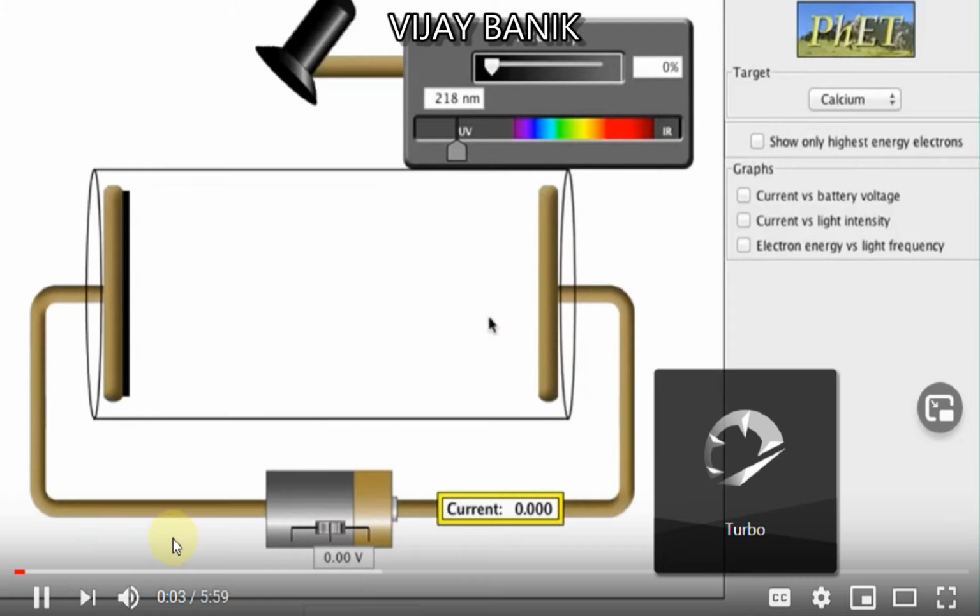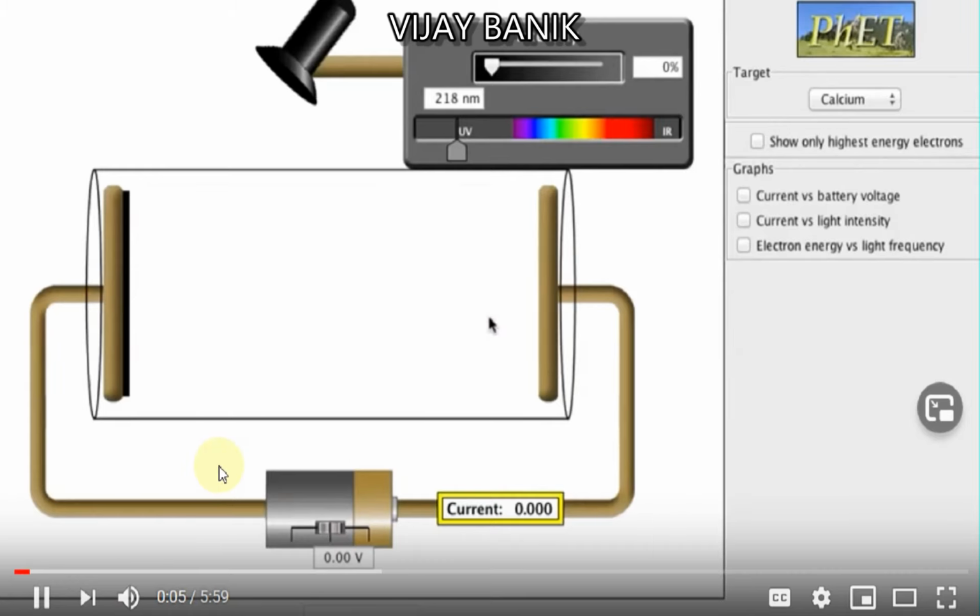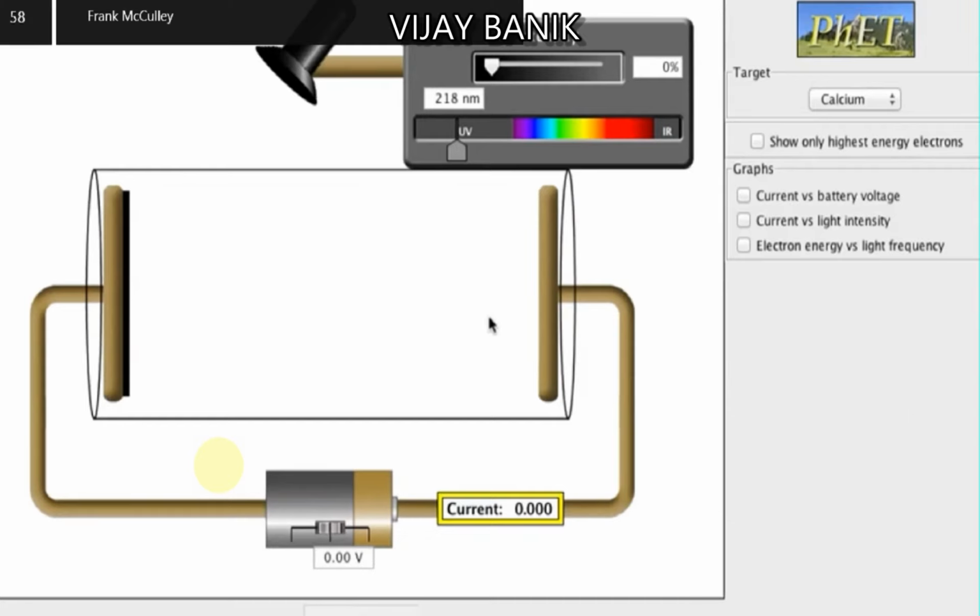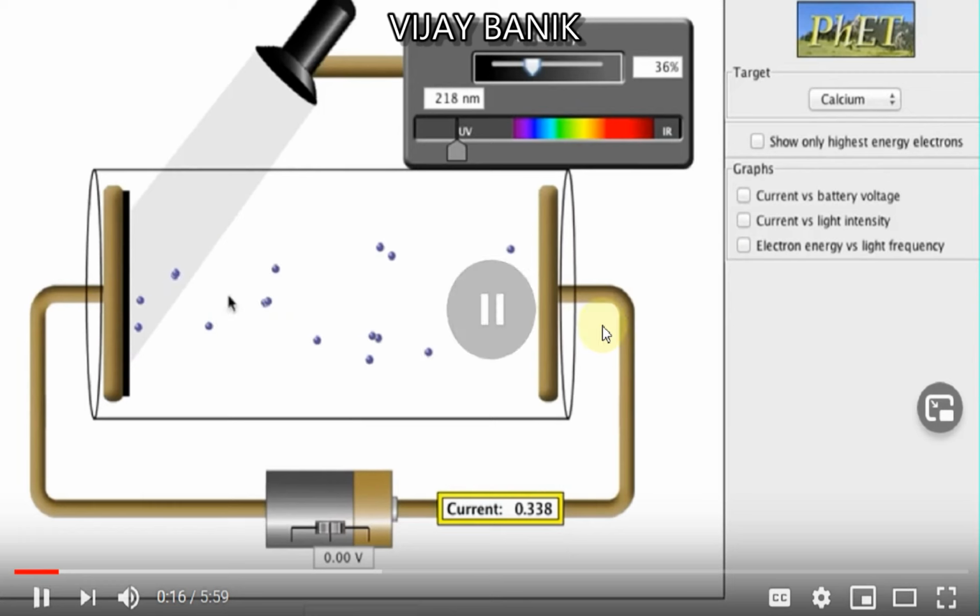The photoelectric effect was a very important discovery that was made in the early 1900s and was first correctly interpreted by Albert Einstein. The photoelectric effect shows us that when light strikes a metal surface,